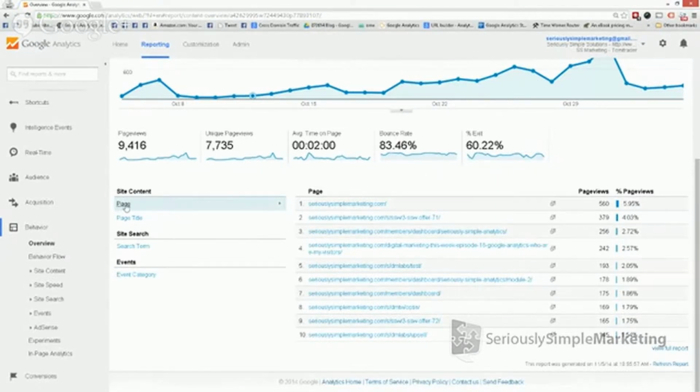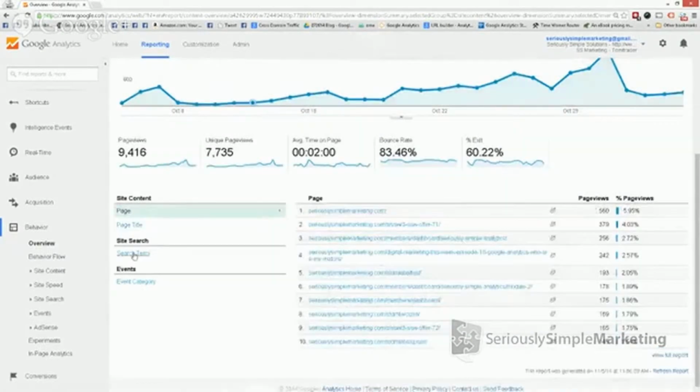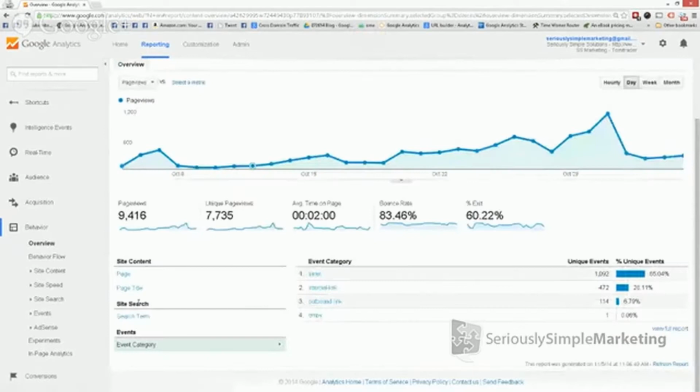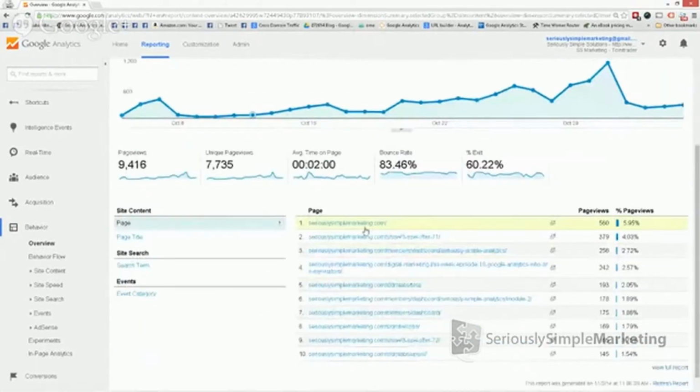Now, here you've got your content. So this is just the basics of the page, and then the page titles. If you're using WordPress, this is where your page titles, basically your H1 tags or your headlines when you type them in WordPress, are showing up here. And then you've got search terms. So if you have site search enabled, which I'll show you, you can actually see search terms. And you can see we've got some search terms coming through there when we're doing some tests. And then you've got event tracking, which I'll show you, and you can see kind of how the events are coming through. So that's the general overview section of the page. It gives you a real quick idea of which pages are popular and why they might be popular. So that's what that is.